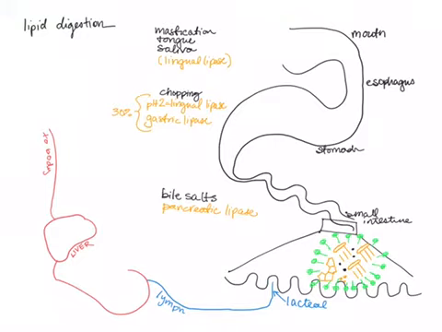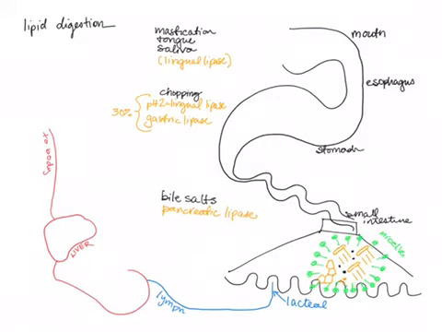This package here that we've got, I should identify a name to it. So this little package is called a Micelle. So the Micelle is the bile salts surrounding the dietary lipids and the addition of pancreatic lipase. Okay, so I'm going to grab my cholesterol and my fat-soluble vitamins and my monoglycerides and free fatty acids, and